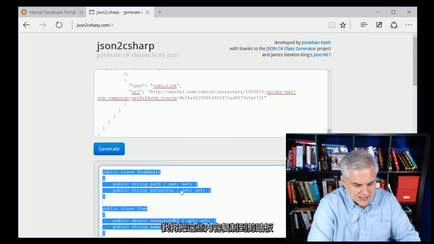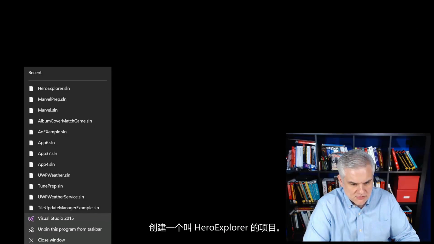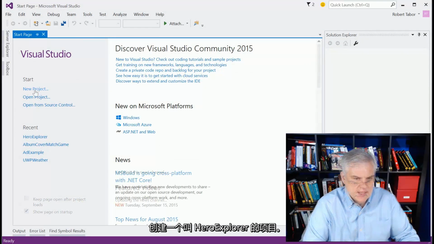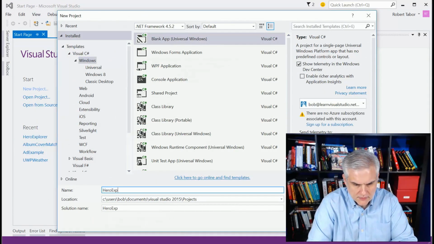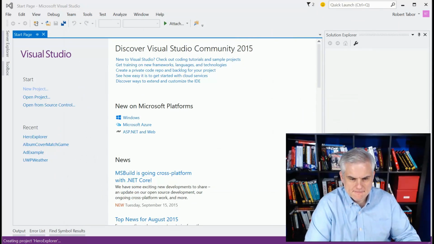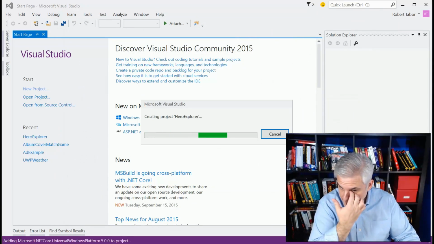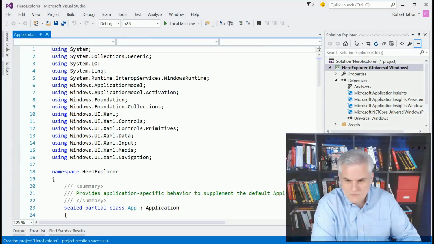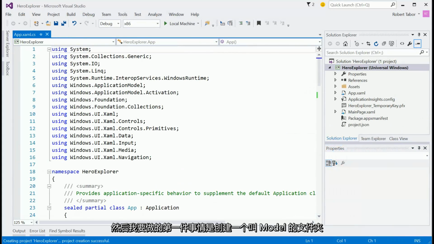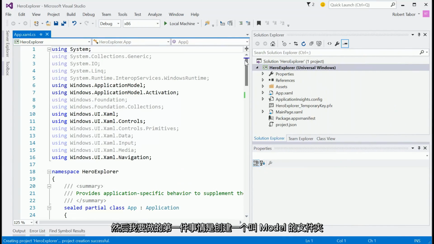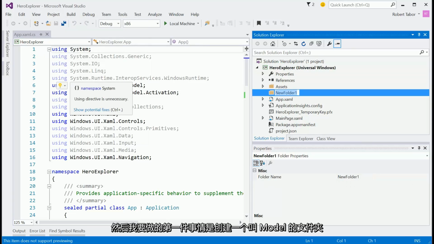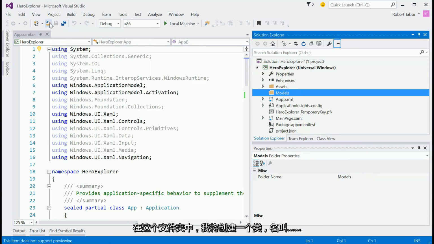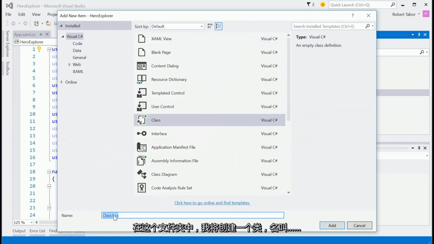So I'm going to copy all of this to my clipboard, and then I'm going to open up Visual Studio and actually create a new project called Hero Explorer. And one of the first things I'll do is I'm going to add a new folder called Models. And in that folder, I'm going to add a new class that I'm going to call